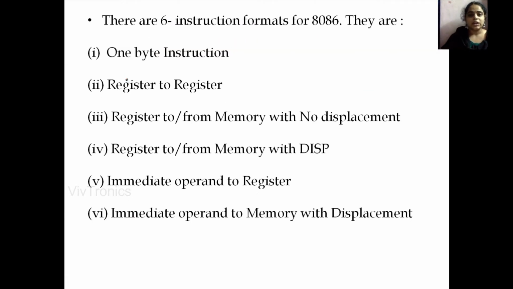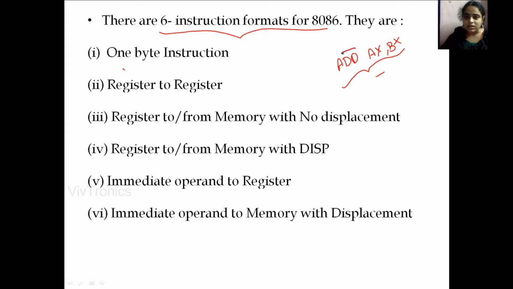There are totally 6 instruction formats of 8086. The instruction format is nothing but how many bytes the microprocessor takes to store one instruction. Suppose the instruction is ADD AX, BX. Here we are adding two 16-bit numbers. How many bytes will it take?